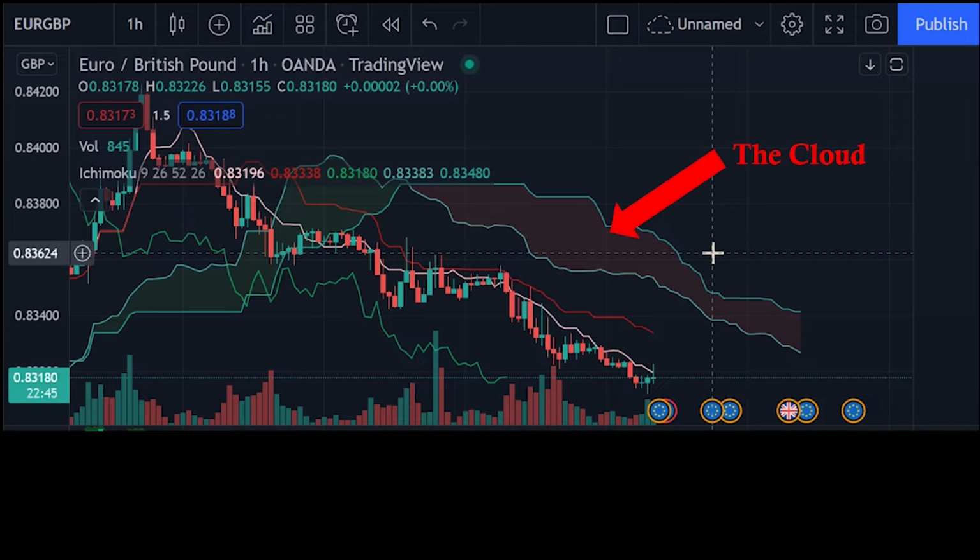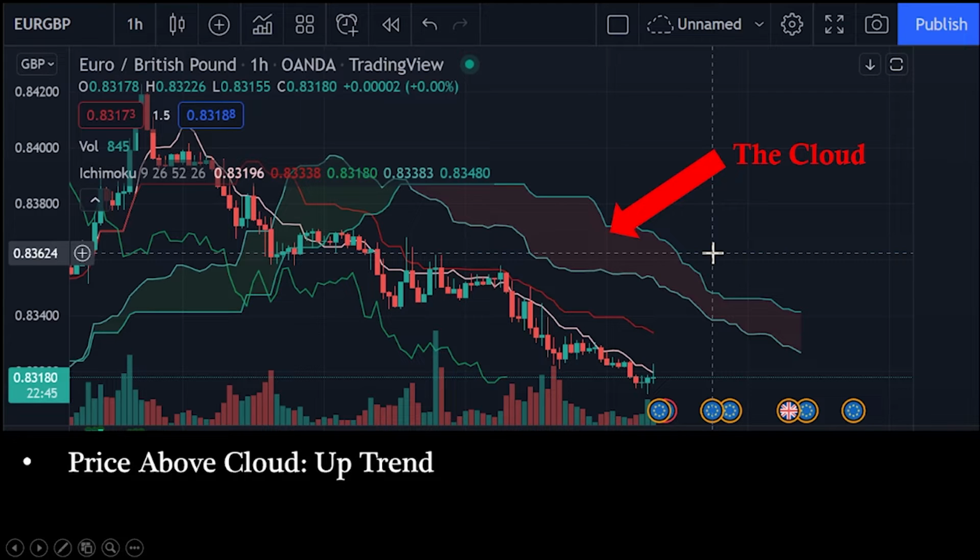So it's called the Ichimoku cloud for a reason, because it has a big giant cloud running through the middle of it. And what this cloud does is it kind of gives a trader a sense as to what's going on with the price in terms of trends, right? So if the price is indicated by these candlesticks, and we're going to take a step back for a second,